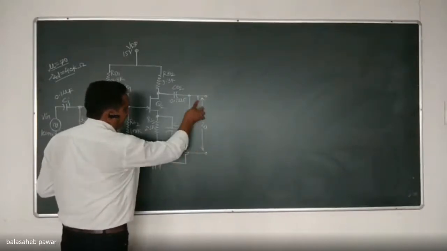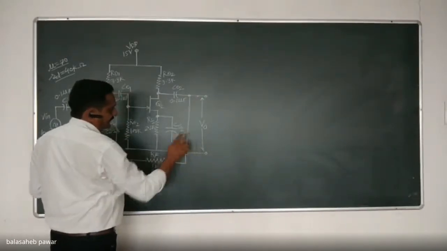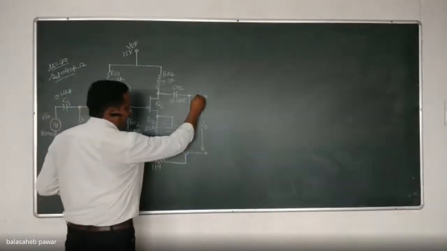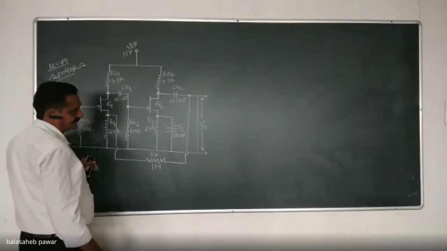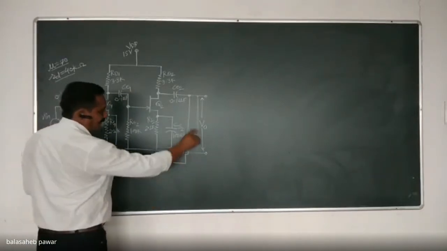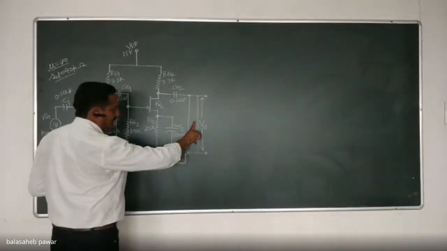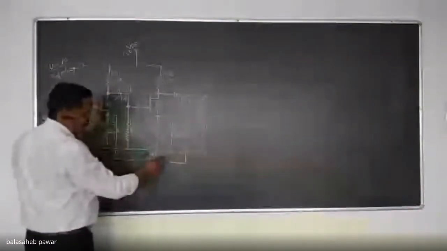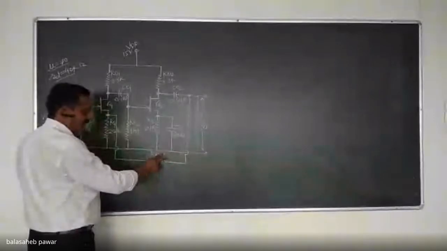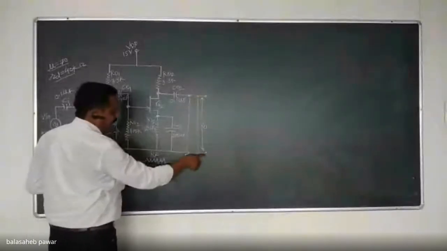Right now, initially this circuit diagram was like this, is it? So just imagine if the output is short circuited like this. You will observe that by providing the short circuit to the output, no feedback signal will be available. That means feedback will become 0, because see this terminal, it will get grounded.